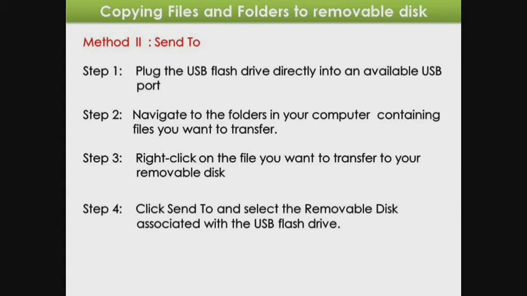Sometimes the removable disk will display the name you have already given to your removable disk. So select that removable disk. It will automatically transfer all the files from the computer to the removable disk. For checking, once again you will double click on your removable disk. There you will see all the files which is transferred from your computer to removable disk. This is very simple to transfer any file or folder from the computer to any removable disk.